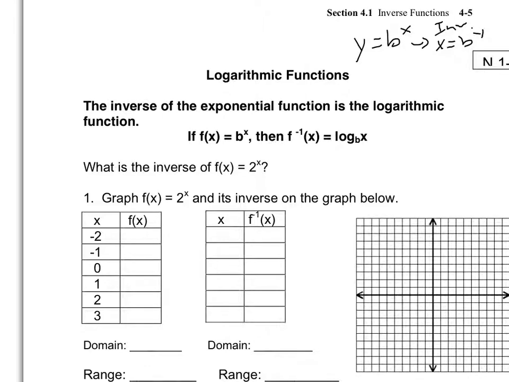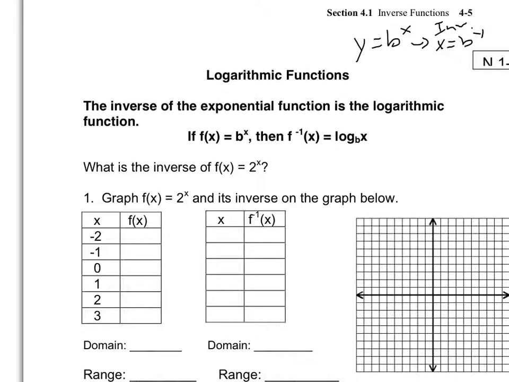And I have a little problem with that, because if my y is now the exponent, I'm not sure how to get it down out of being the exponent and write it as y equals something,